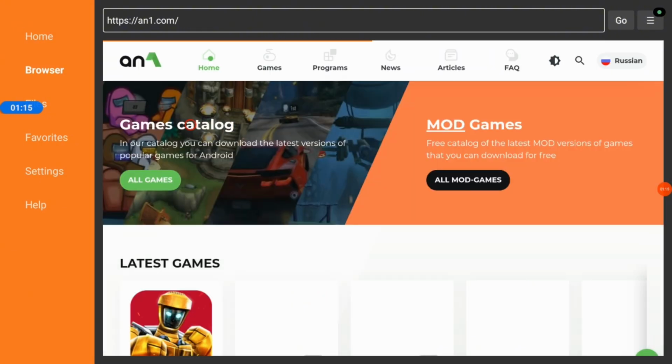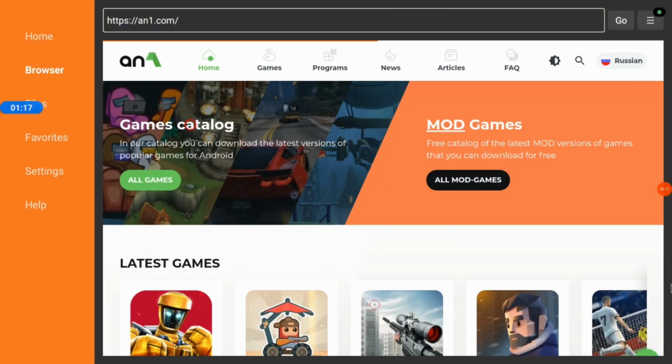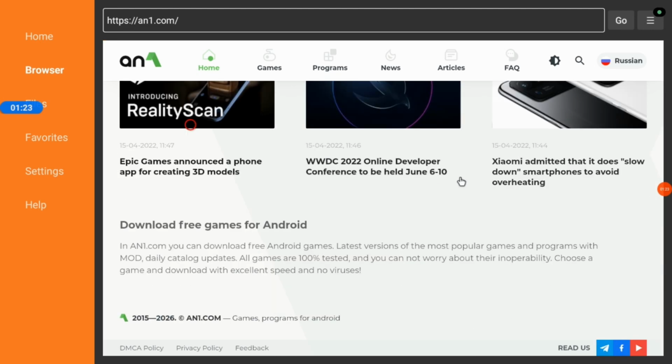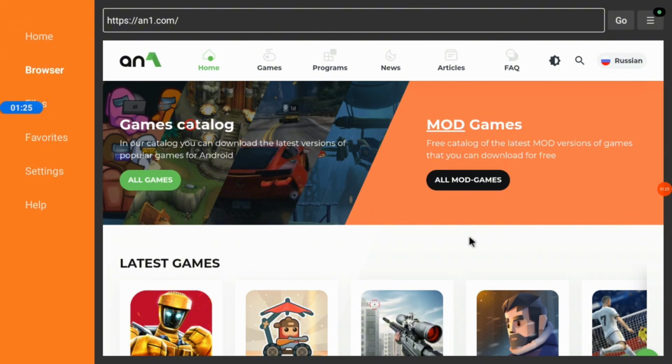So here it is, and you can install the application from here, or you can use the application. Now this app is mostly for Russians, but if you find it helpful for you, good and fine. This is how you go to it on your